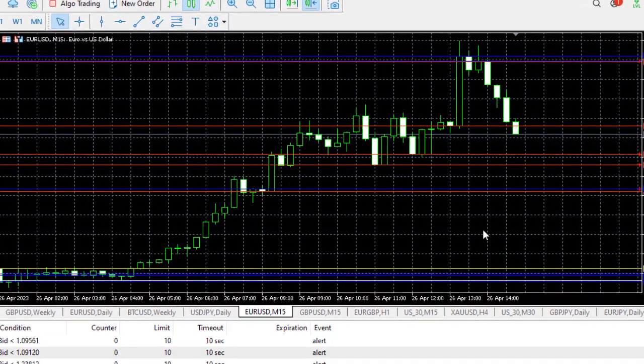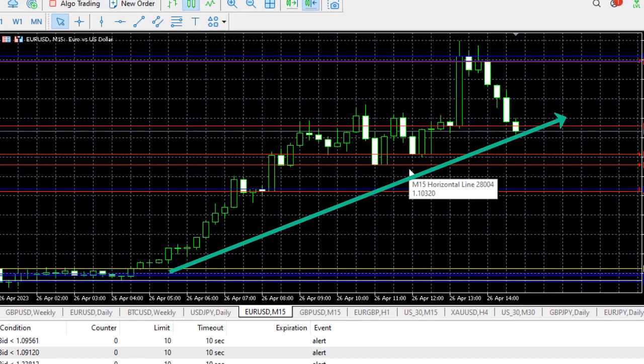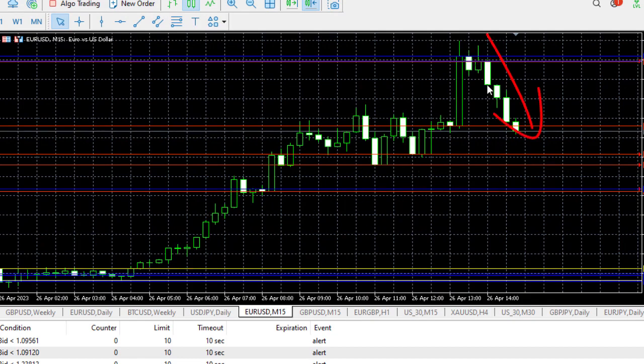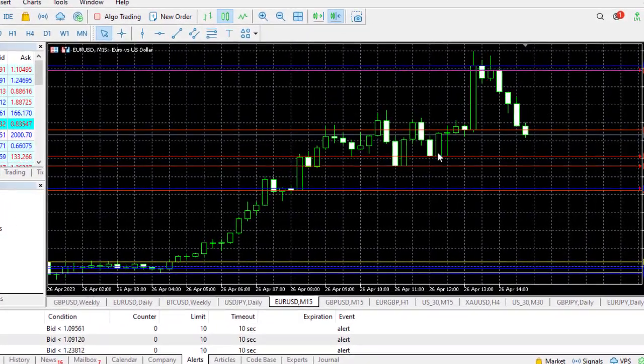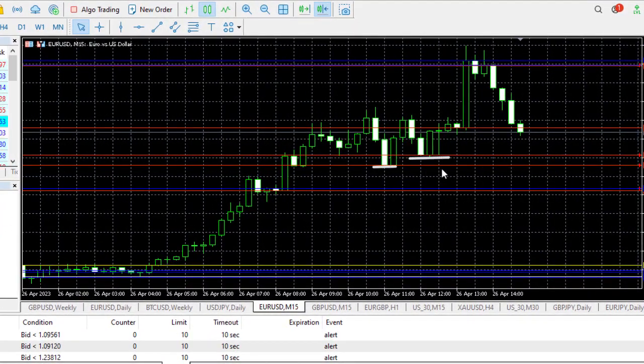Even though I'm trying to make the video not so long, I needed to just quickly mention something. Now, on the chart, the general trend is bullish, but right now the market is retracing. It just hit a 15 minutes level on Euro USD. So there's a 15 minute support here, there's a 15 minute support here. Now I didn't trade this one per se, but if the market comes down to this, I take this